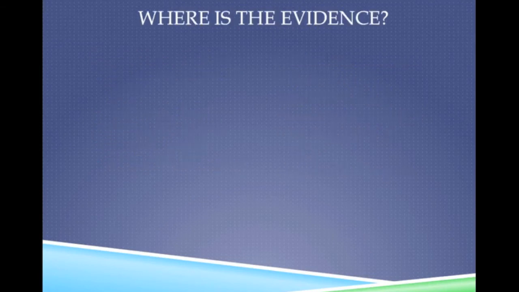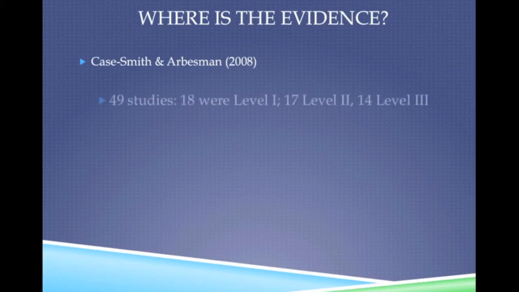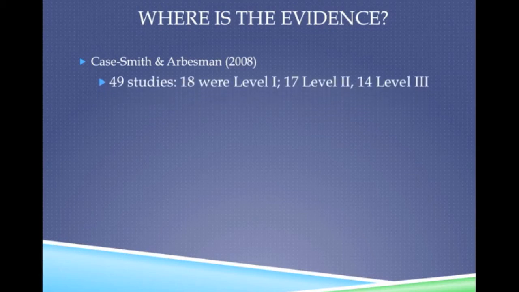So now let's go back to the systematic review of literature on occupational therapy interventions and autism. Where is the evidence? K. Smith and Arbesman in 2008 collected various data and research. Out of that, they were able to pick out 49 of the best articles, 18 of which were on level 1 in the hierarchical level of evidence,